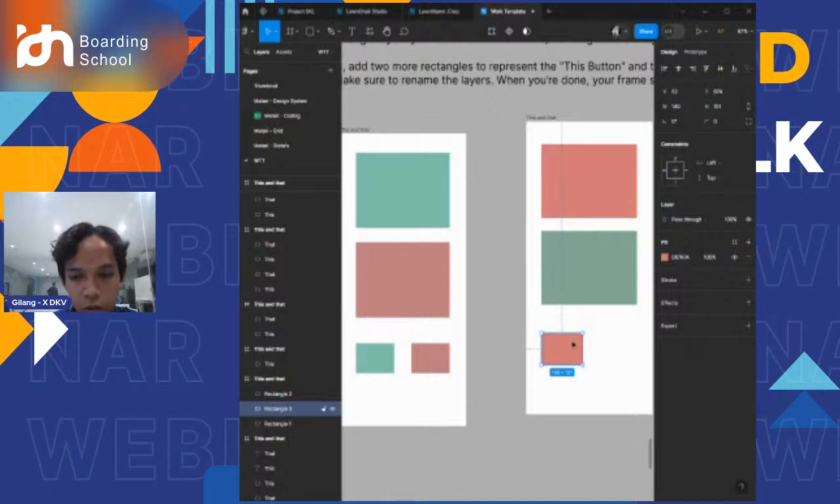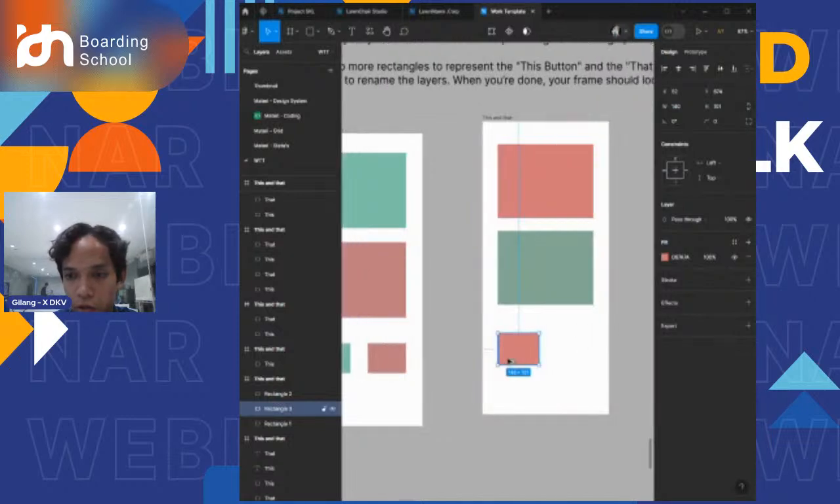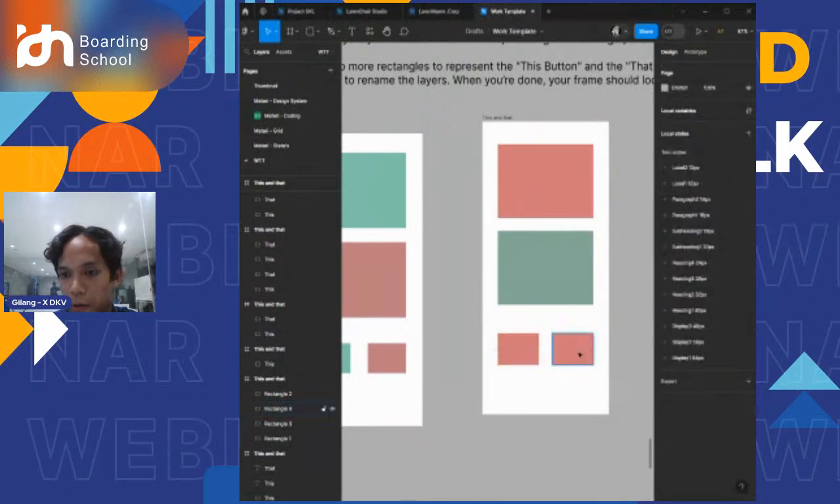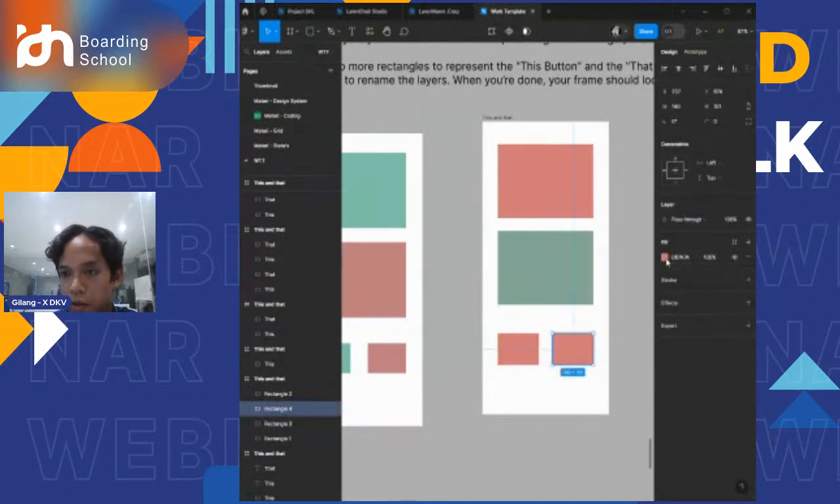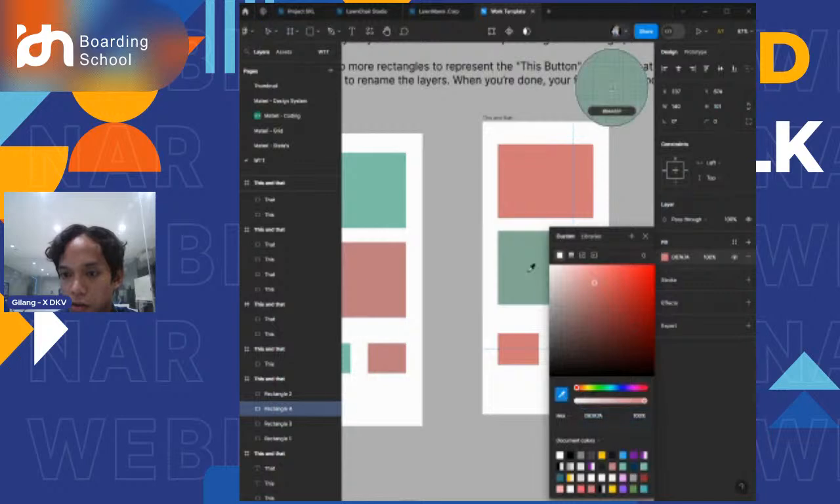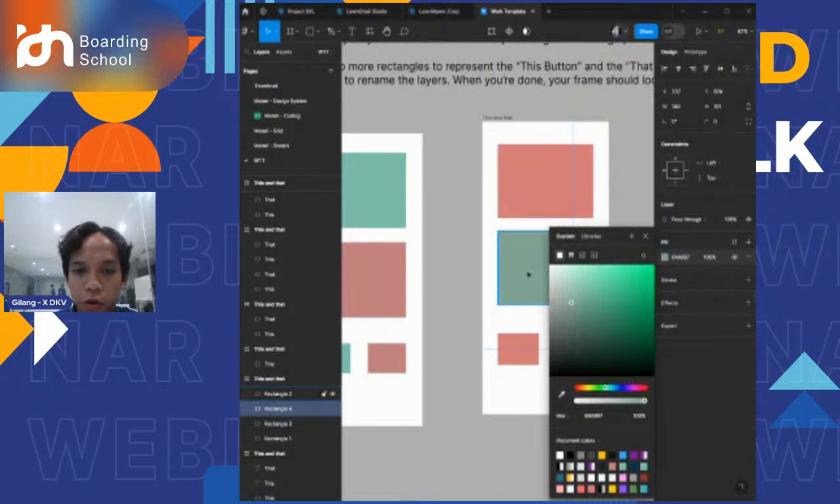And for the other one, you just have to duplicate it. Just like this, drag, there you go. And change the color for the second one. Oh yeah, also after that, before it,